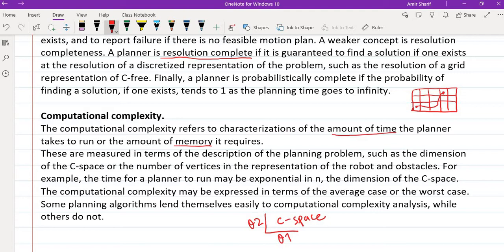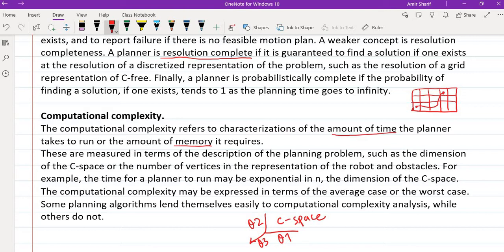And so if we increase the dimensions n of the C-space, let's say this time we have another C-space, a 3D C-space with θ1, θ2 and θ3, three dimensions, then the computational complexity of your motion planner will increase exponentially with the increase in the number of dimensions of your C-space. Okay,